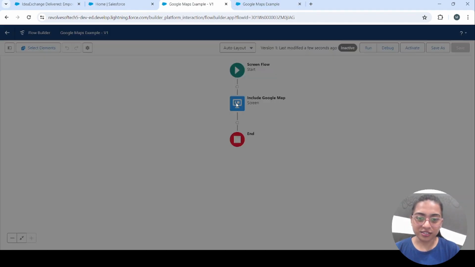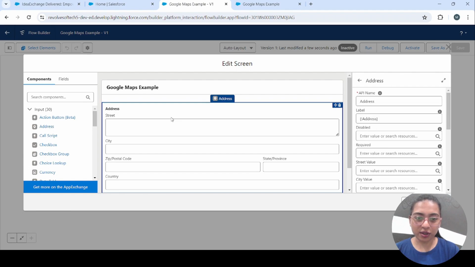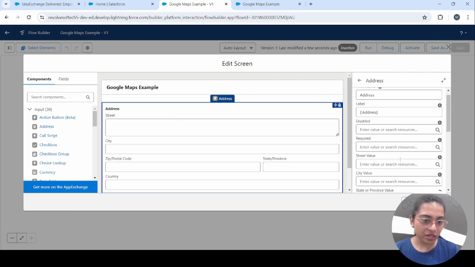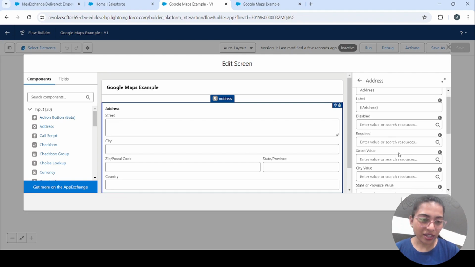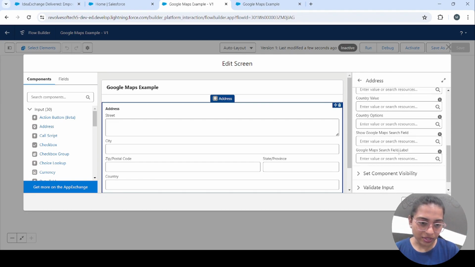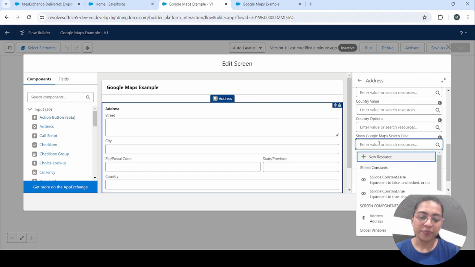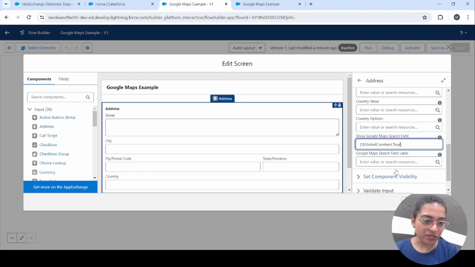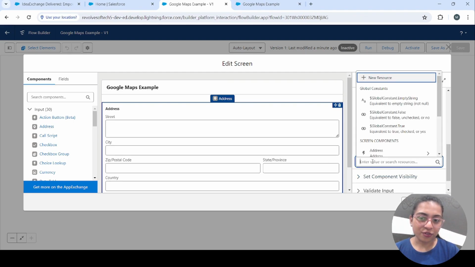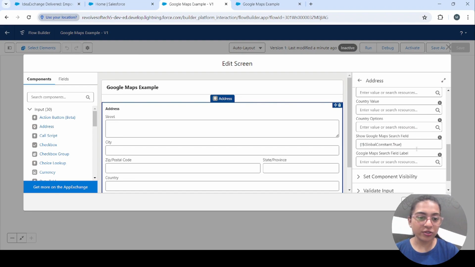Let's go back here, and if you click on the address component, now here you have other fields as well which we are not adding in this example. But if you scroll down and down, you will see here you have an option, show Google Maps search field. Now in this field you have to set true, and when you make it true, it will ask if you want Google Maps to check your location.